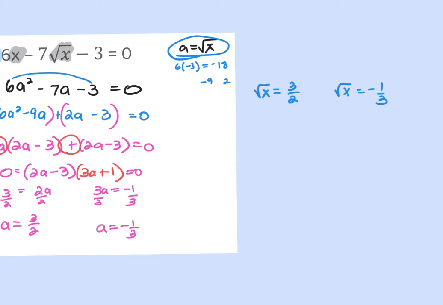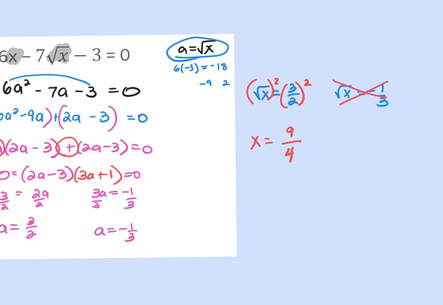So on the left, I square both sides to get rid of the square root, and I get x equals 3 squared, which is 9, over 2 squared, which is 4. But on the right, I have a problem because it says the square root of something equals a negative number. Is it possible to get a square root that equals a negative number? So we literally just rule out that part as though it's an extraneous root. And your only answer is